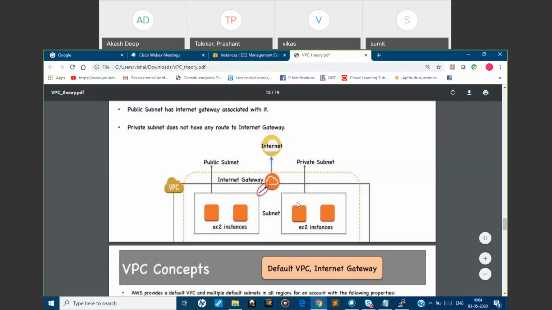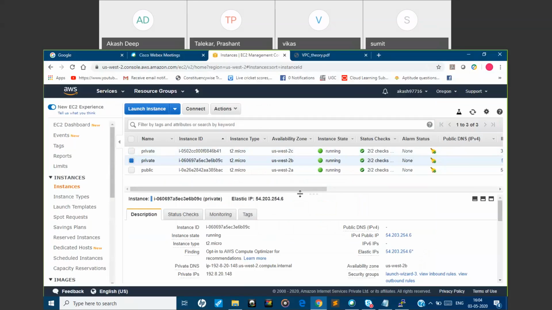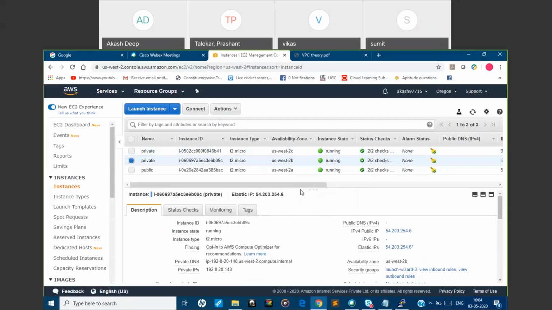Within that organization, suppose we want to launch some server or some applications. After logging in to Putty, whatever applications we want to launch via the internet, those applications only we are able to deploy in Putty. Those are publicly accessible.